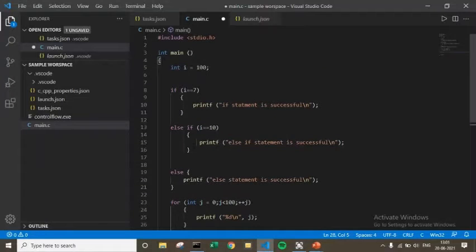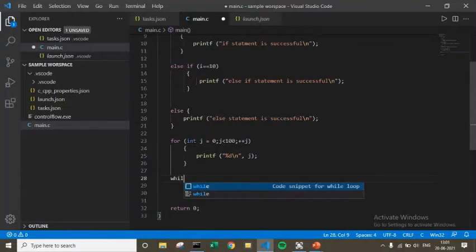So let's do the same thing we did with the for loop. As we have to create a variable for the while loop, let's take i. We took i, right?